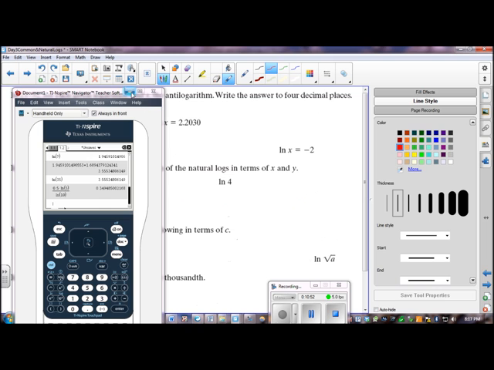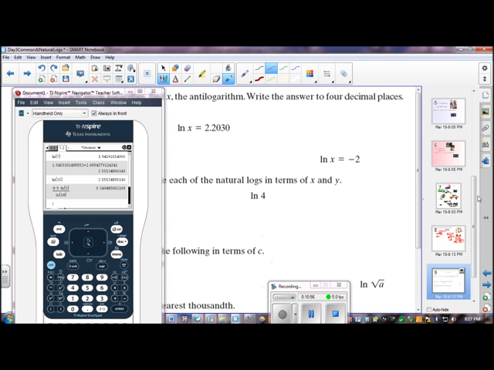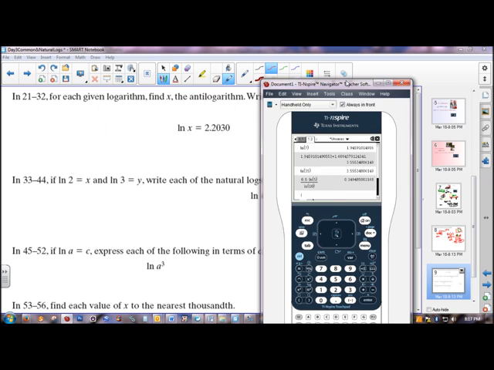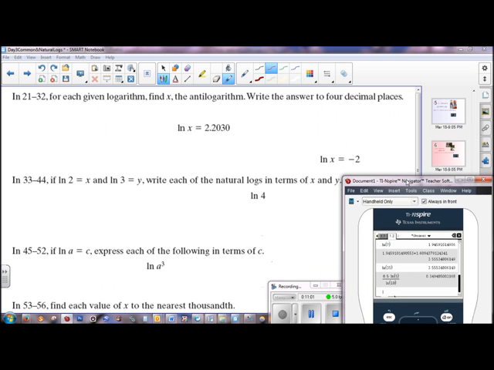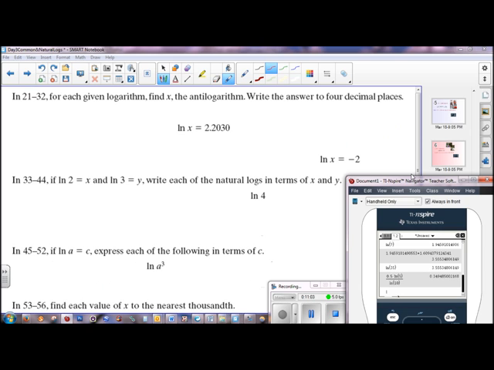On the last page, I believe this is the last page. Let me just check. Yes, it is, and then I've got homework answers coming up for you. Okay, on the last page here, for each given log, find the anti-log. Well, we're looking for the argument here. There's an x in that position, so it should be fairly obvious what you want to do. Remember that the base of this log is an e, so we're going to take an e, raise it to this exponent,